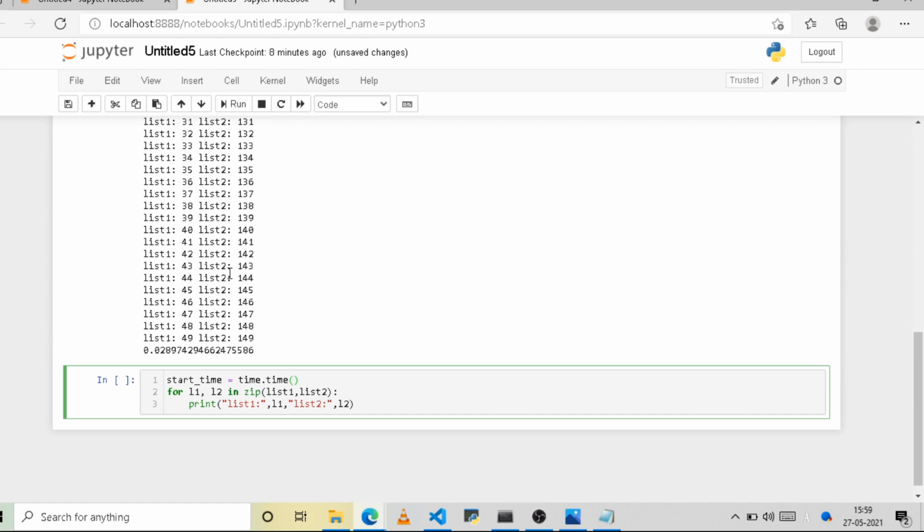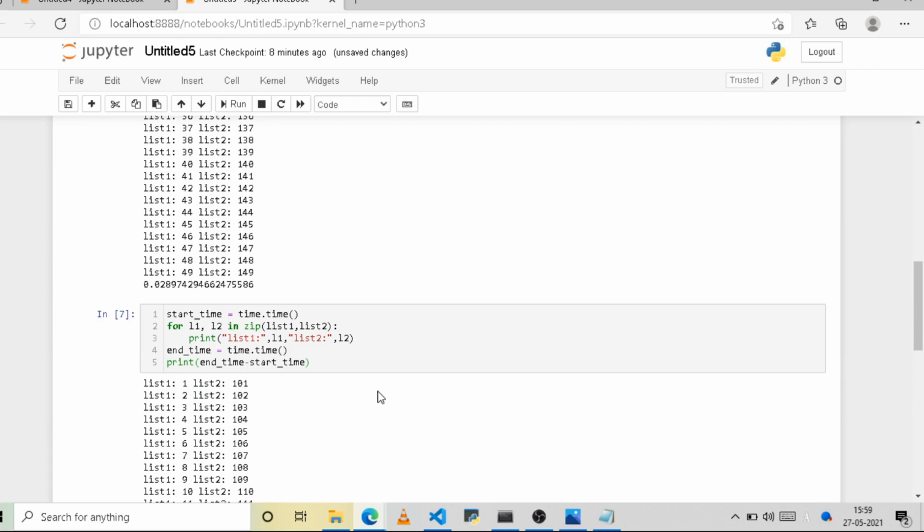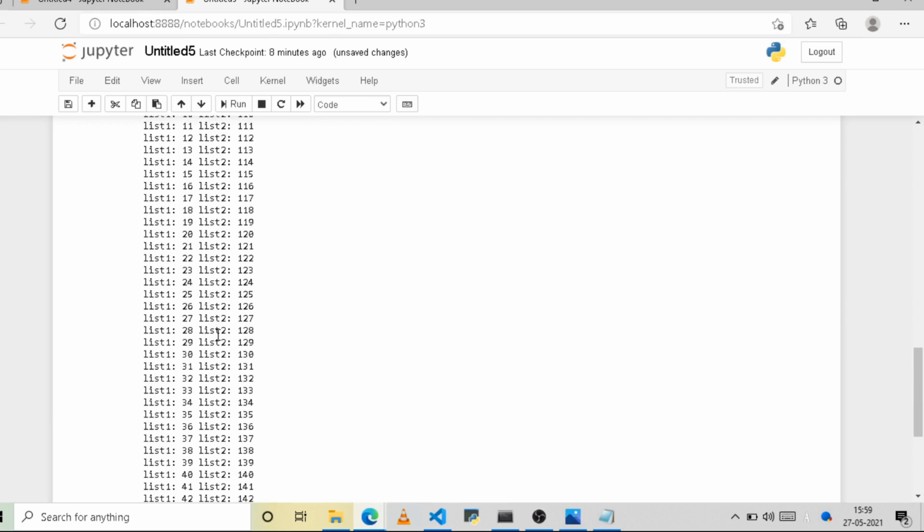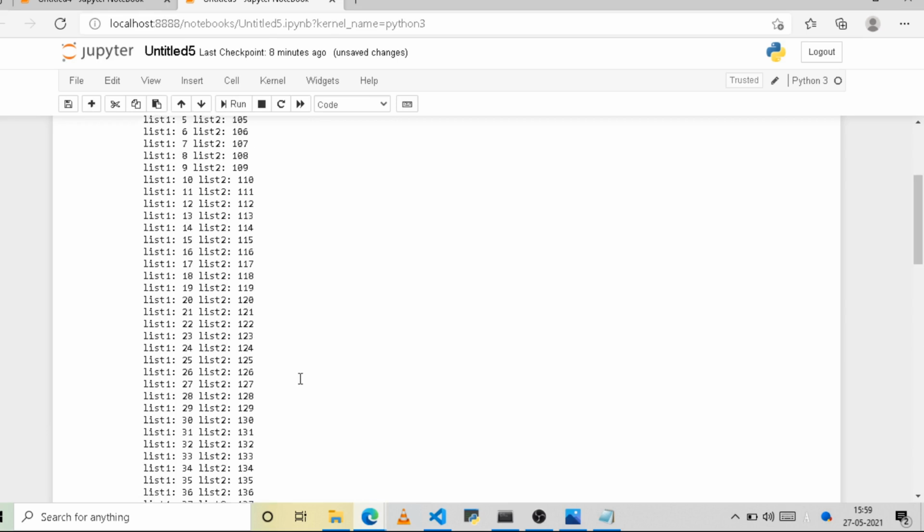Now let's run the code and see how much time it takes. It took 0.027. So this is 0.028 and this is 0.027. So you can see that Python zip is slightly better than the normal indexing method.